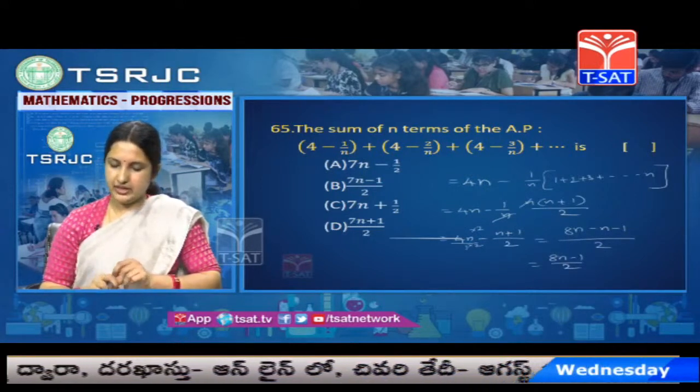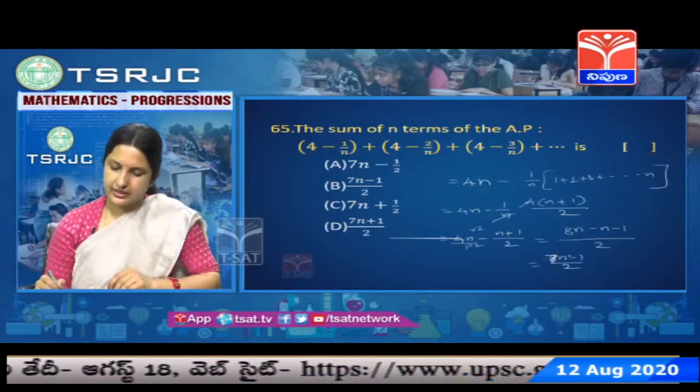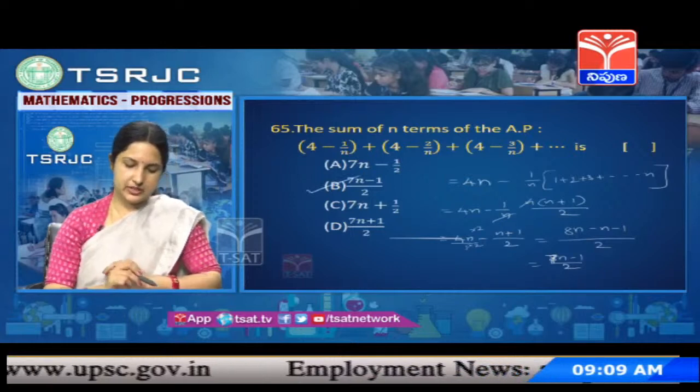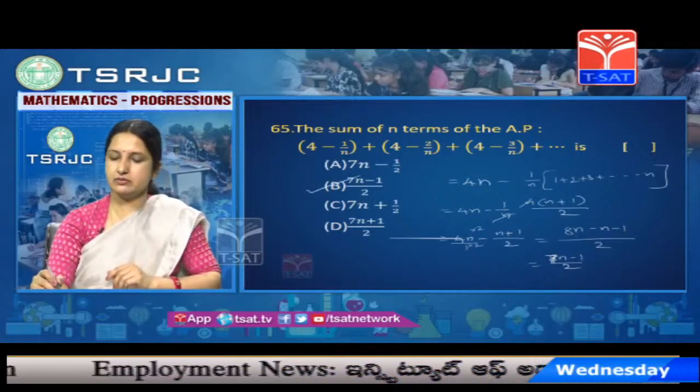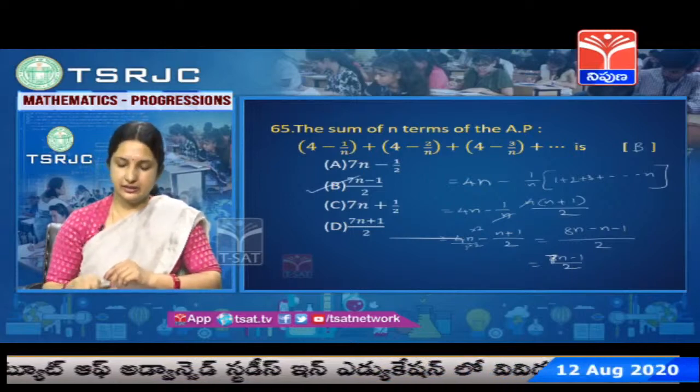Where is 7n minus 1 by 2? Okay, 8n minus n is 7n. 7n minus 1 by 2, where is it? Option B, 7n minus 1 by 2. So option B is the correct one. Then next